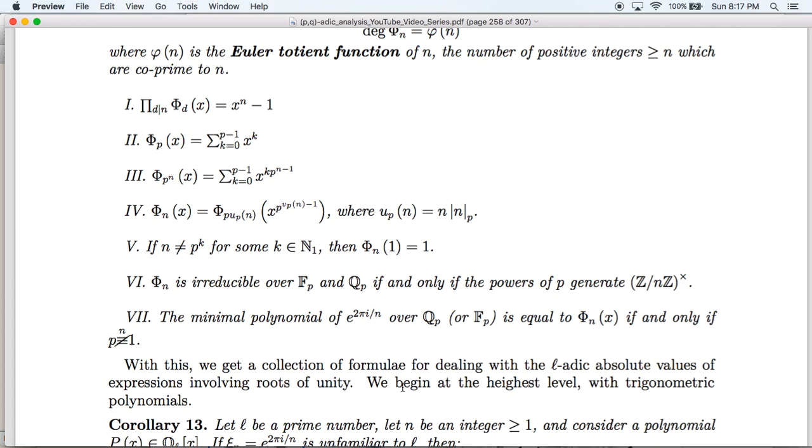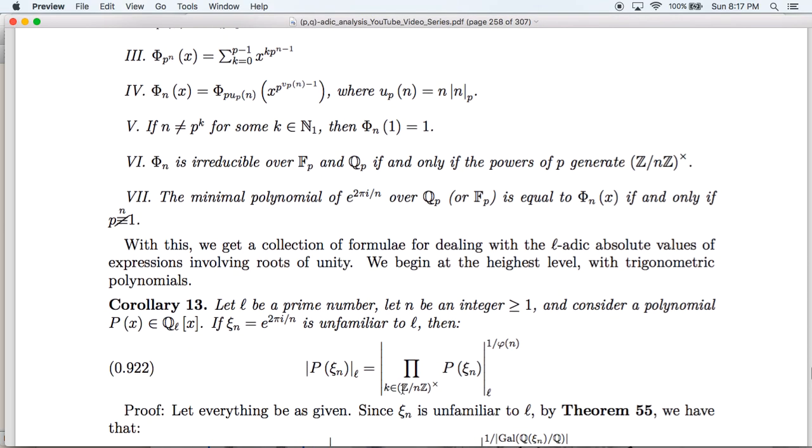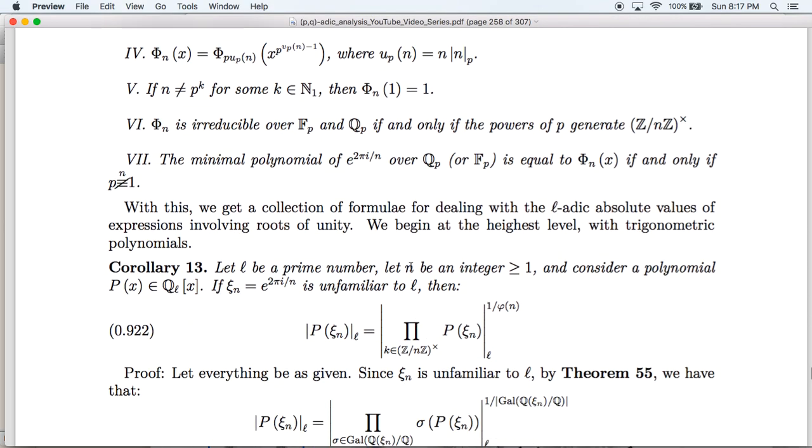We begin at the highest level with trigonometric polynomials. Let L be a prime number, let n be an integer greater than or equal to 1, and consider a polynomial p with l-adic coefficients. If Cn is unfamiliar to L, that is, if Q of Cn contains no subfields other than Q which can be embedded in QL,